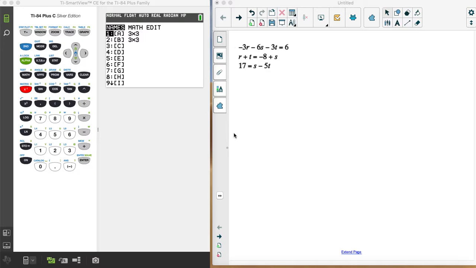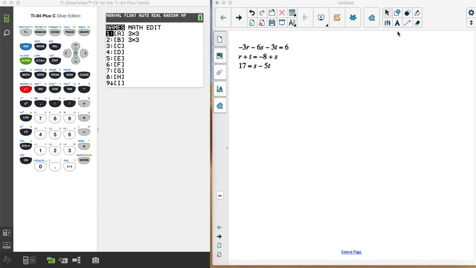We're going to use our graphing calculator and matrices to solve a system of equations. And so we're going to use this 3x3 example and then the steps how to use the calculator to solve for it. So the first thing you need to do is, one, with the system of equations, make sure that you have all the coefficients with the variables on one side of the equations and then all the constants on